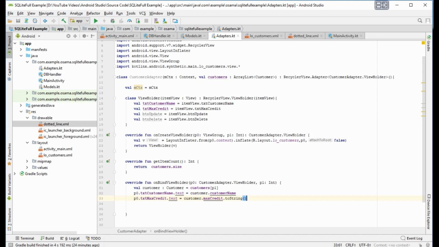Okay, here now we fill the recycler view in this way. What else?